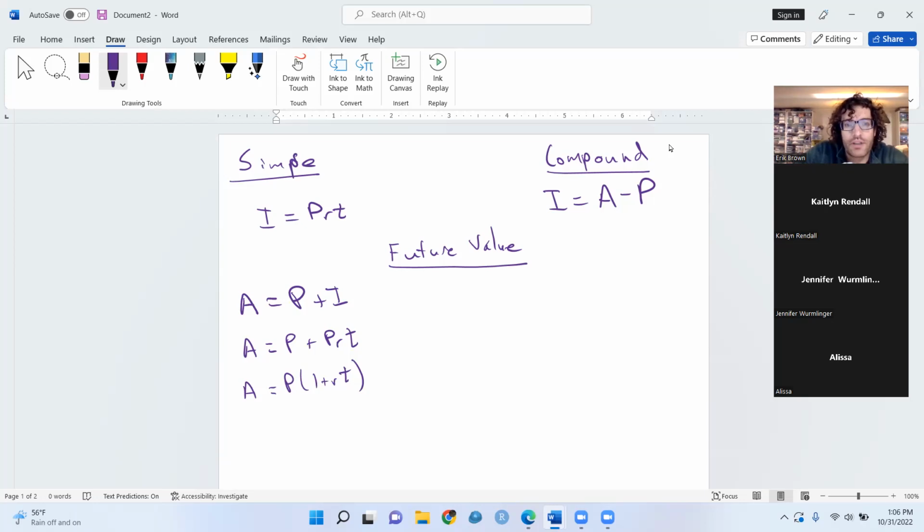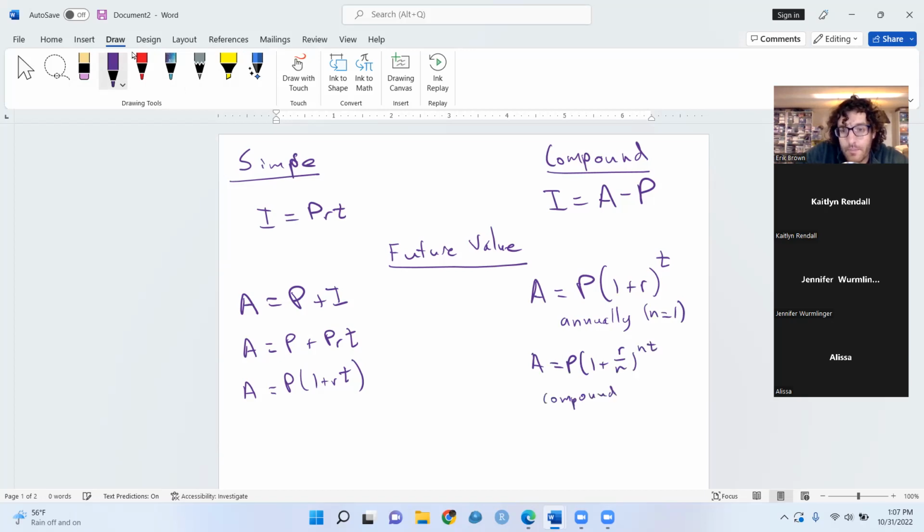Okay, so for simple interest, this was how we calculated interest directly. For compound interest, we had to know the future value first. So then for the future value for simple interest, these three things are all the same thing. For compound interest, we had two that were essentially the same. There was this one, which was annual. In other words, n equals 1. And then the more general term, which is for any n,